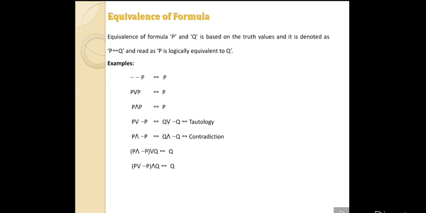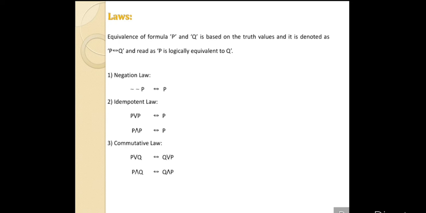If we have P or not P, and Q, then again the truth values of this statement formula are equal to the truth values of Q. P or not P, as we have said above, is always true. Then true and Q. Now it depends on Q, because if Q is true, then true and true will be true. And if Q is false, then it will be true and false. Means it depends on Q. These are some examples for the logical equivalence.